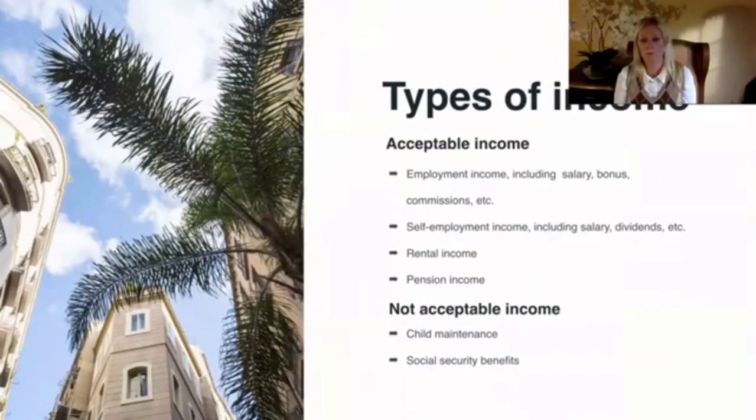So what type of income is acceptable? Obviously the employment income, this is the bank's favorite. With employment income, that includes the salary, bonus, commission, and overtime. The bonus, commission, and overtime is a fluctuating income, which means certain banks will take only a certain percentage of that income into account. For the self-employment,